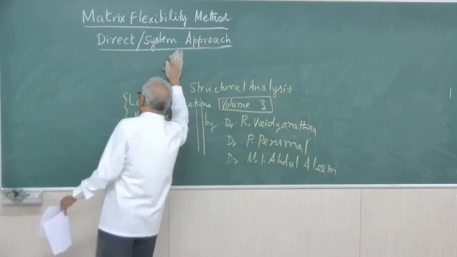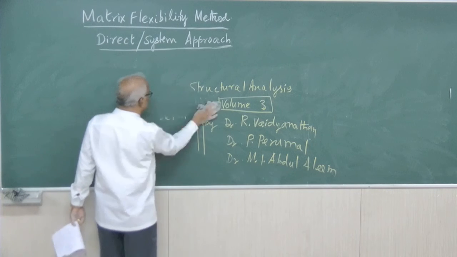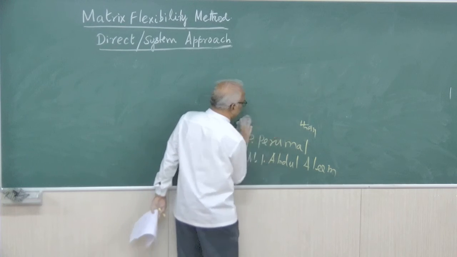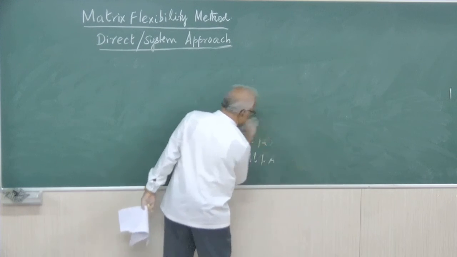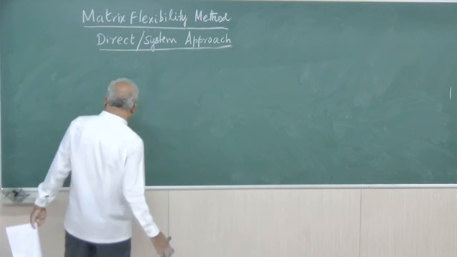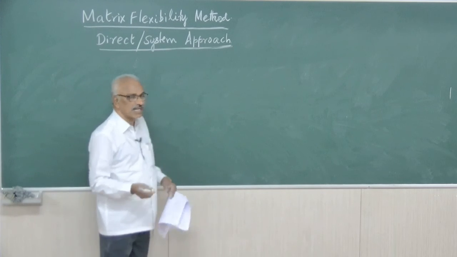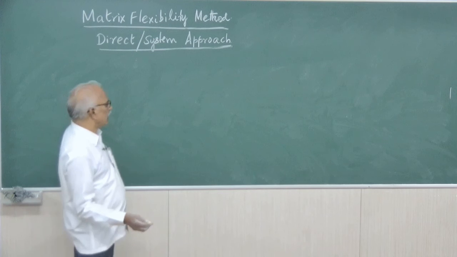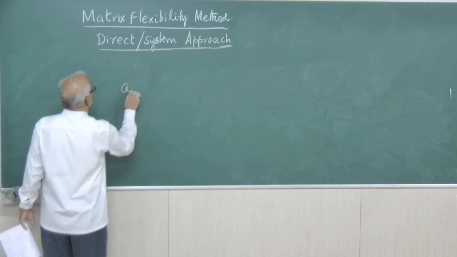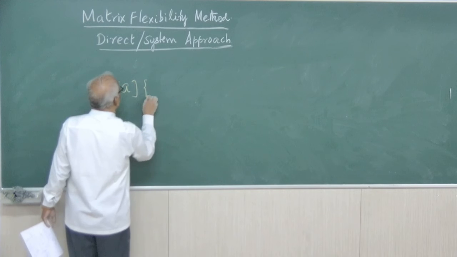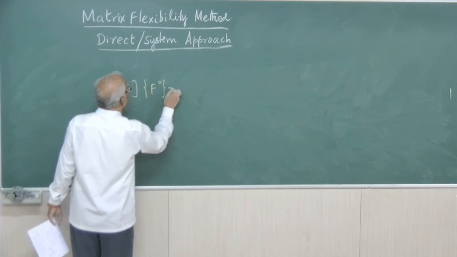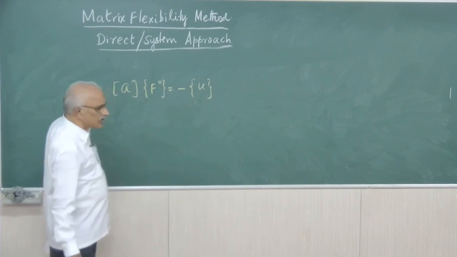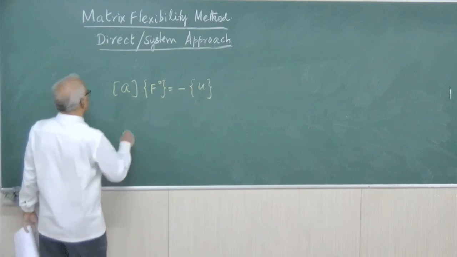So that's about the analysis of trusses with external and internal redundancies. Right. Now there are 2 more problems we have already discussed in strain energy method. One is lack of fit, the other one is temperature stresses. So here we have used the compatibility equation A into F naught equal to minus of U. Now here, this calculation is as usual.